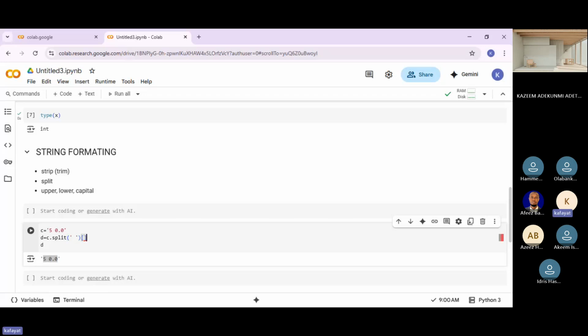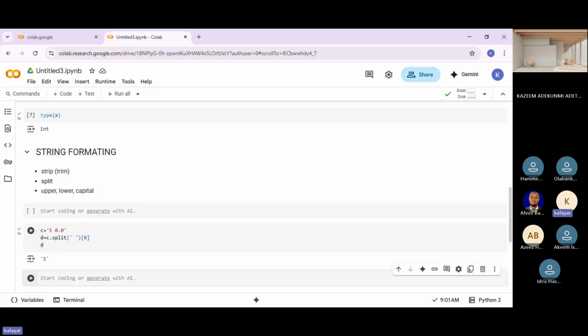So then I said I need my first index value, index 0. Then I say print D. Do you see what we have? 5. So what this has done is it split them, just like the normal split by delimiter that we use in Power Query.